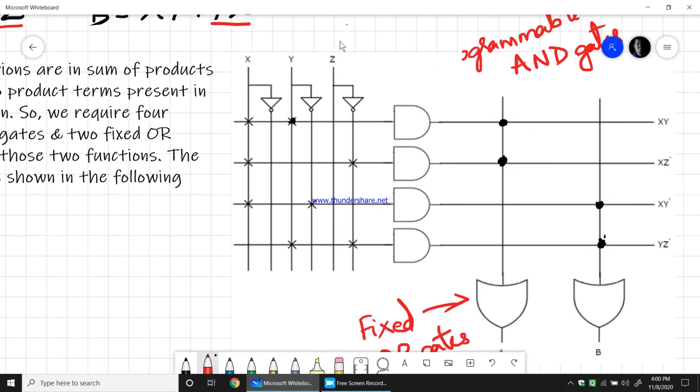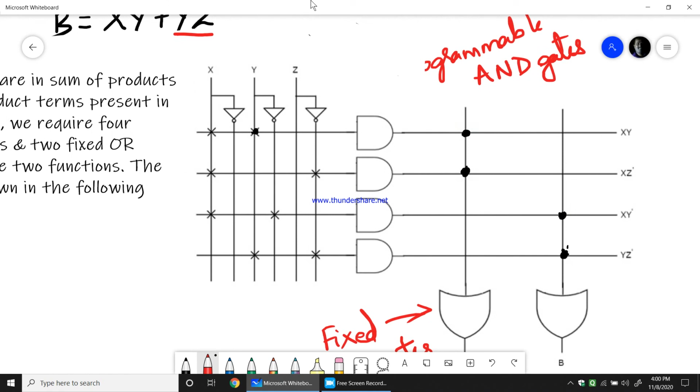In this diagram, we have x bar, x and y. So we do have xy in the expression, so we program x and y. We have x and z bar, we have x and y bar, and we have y and z bar.